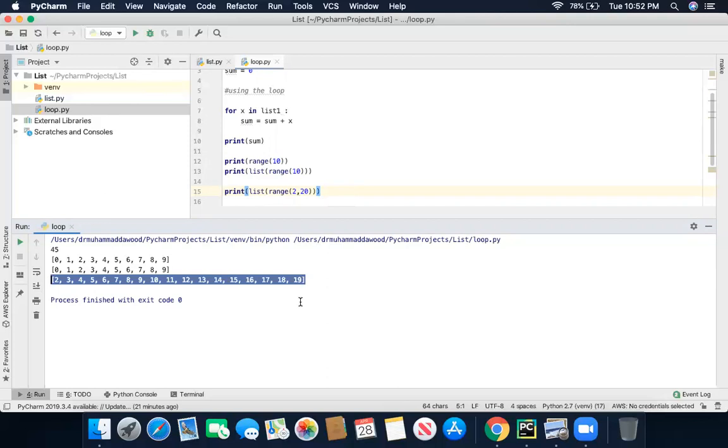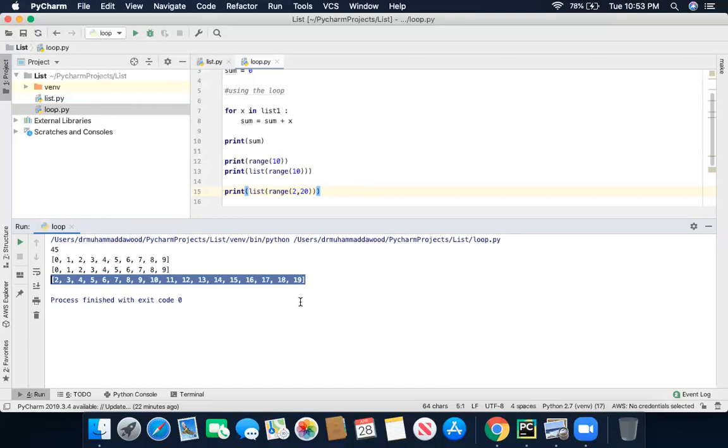Now we are going to print some numbers. Hello? Is my voice good? Hello, are you getting my voice or is there still some distortion? Yeah, your voice is glitching.